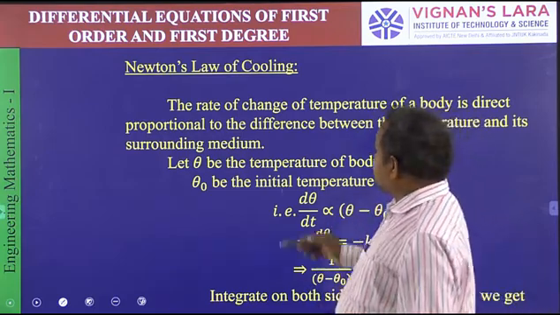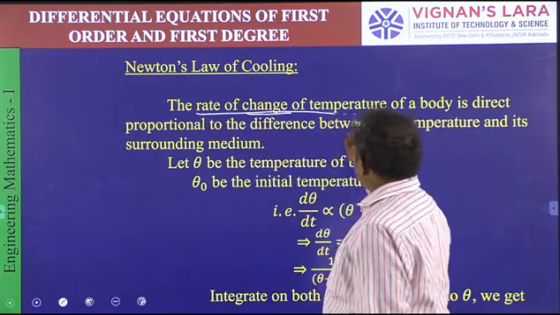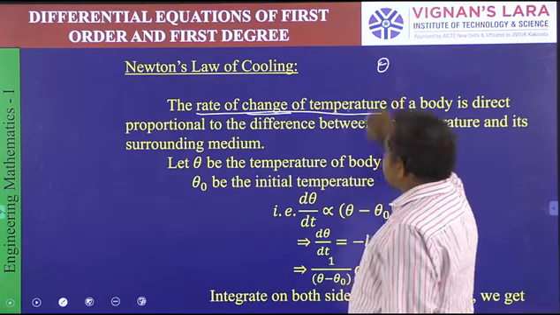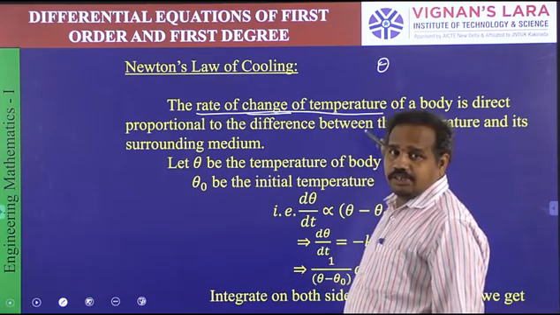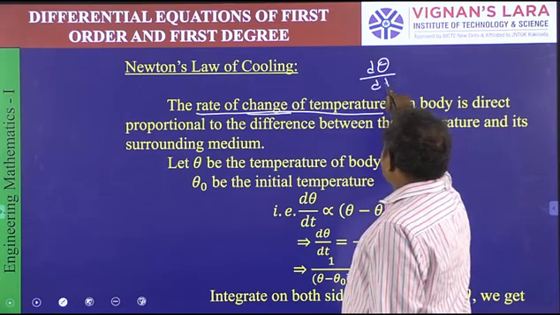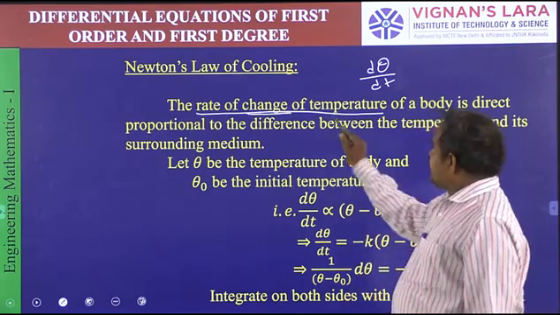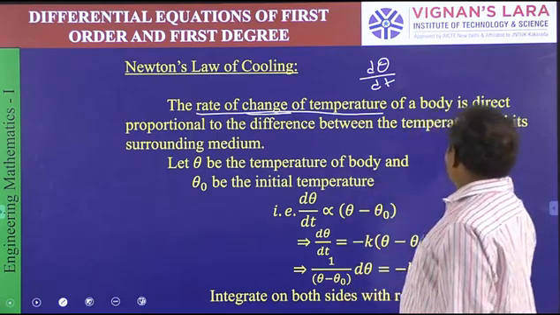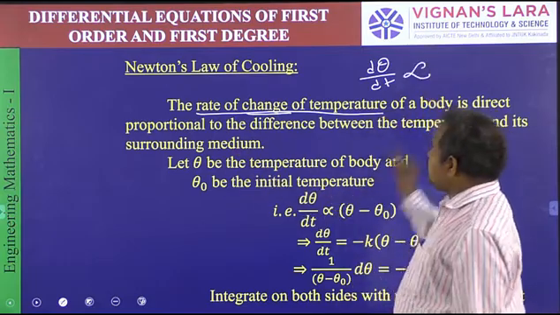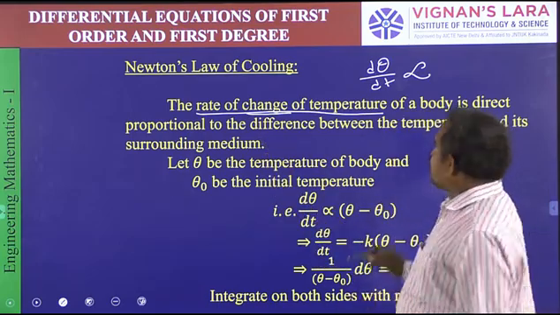Now see this. What is the definition of Newton's law of cooling? Rate of change of temperature. For example, theta is the temperature of the object. So rate of change means this will vary with respect to time. That is called d theta by dt. The rate of change of temperature of a body is directly proportional, proportionality symbol is this one, directly proportional to the difference between the temperature of the body